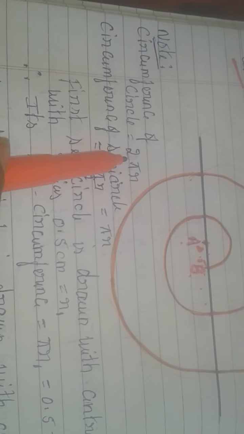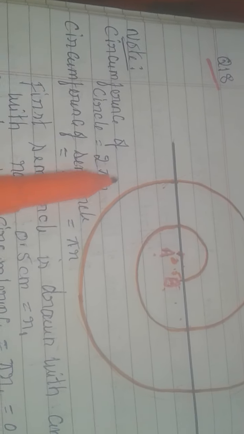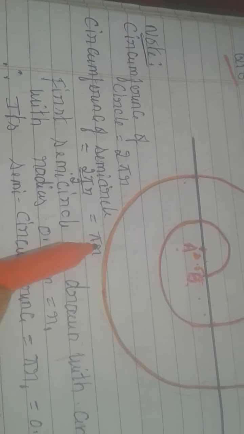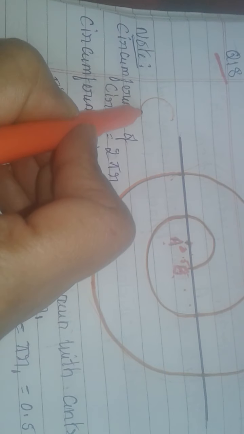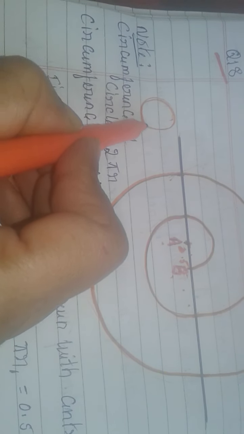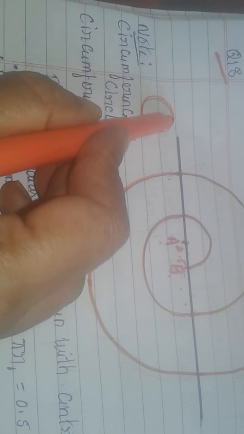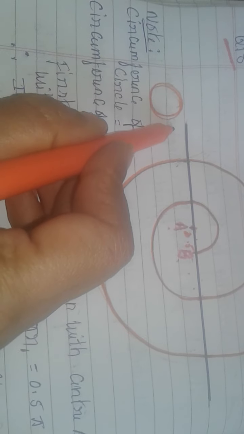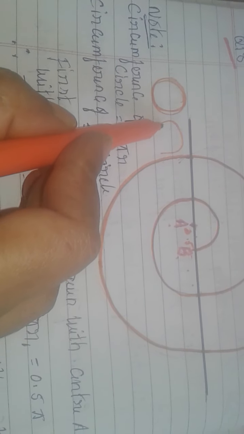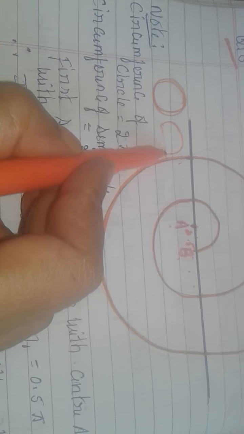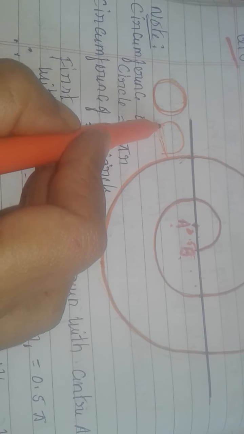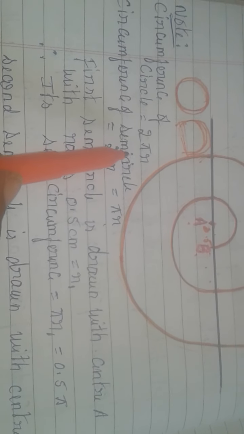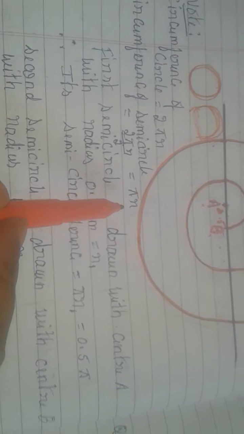As you learned in previous classes, the circumference of a circle is 2 pi r. So what will be the circumference of a semicircle? Circle is this. This is the circumference, meaning the boundary part, that is 2 pi r. Semicircle means half of the circle. So this part, you should not consider the diameter, children. This will not come in the semicircle. Only this curve part is the semicircle, that is half of the circle. 2 pi r by 2 is nothing but pi r.